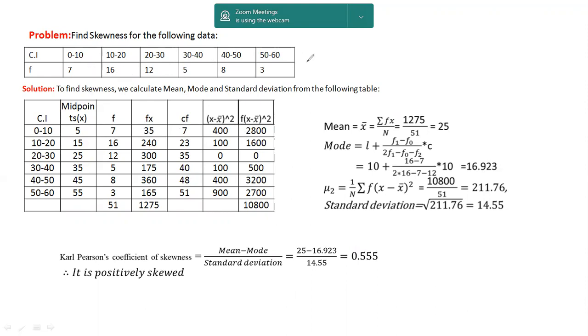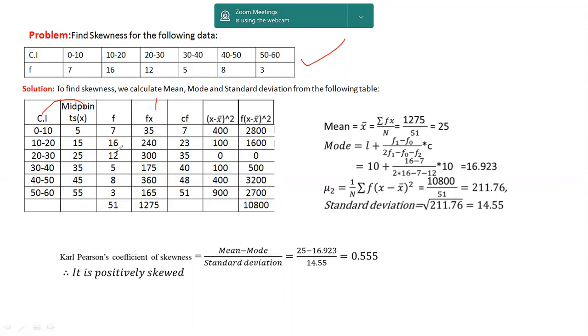So here the class interval data is provided like this. We are taking the mid values of the data with respect to frequency and taking the product f into x. For the cumulative frequency distribution, we are adding up the values of the frequency. The first one is 7. When it comes to the second point, we add the previous values also. So we are accumulating that: 16 plus 7 is 23.